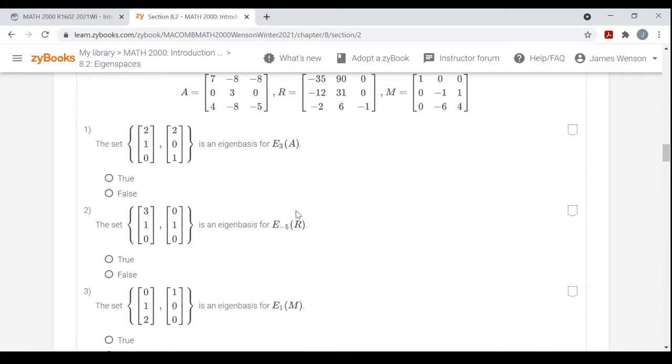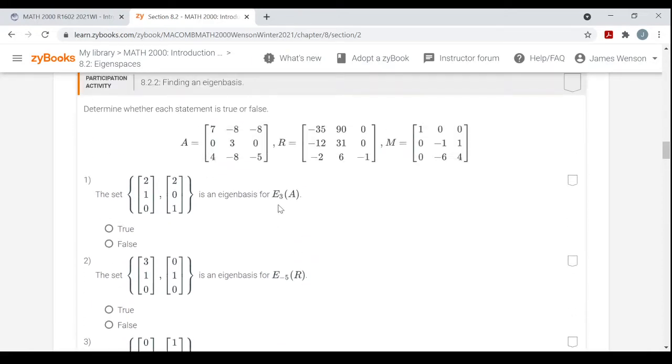I'll just do this first one and leave the other 2 to you. Let's go over this one more time. I'll write this matrix A down,